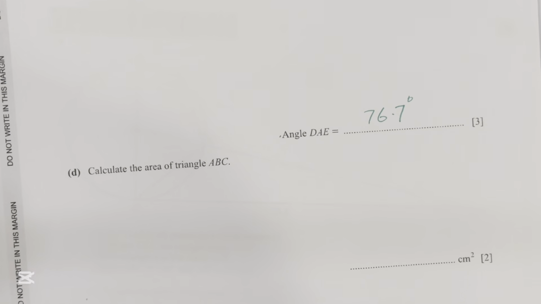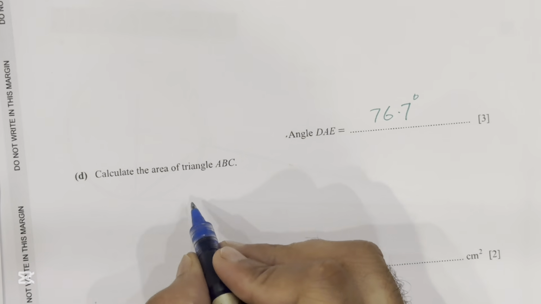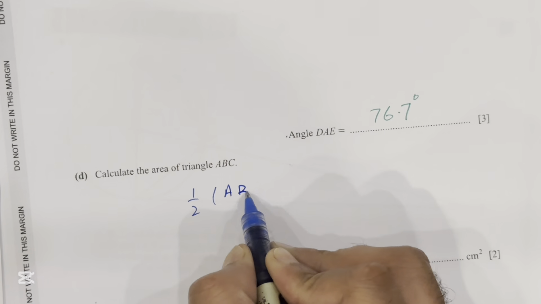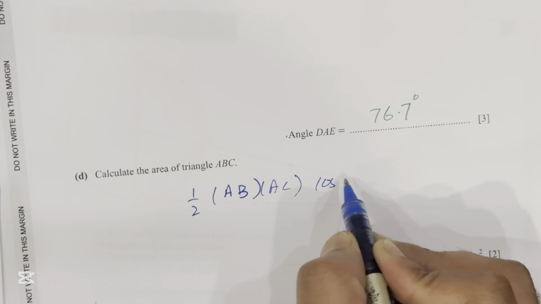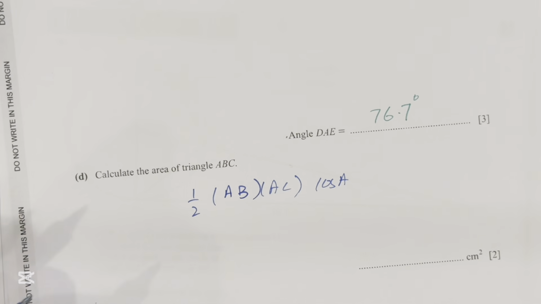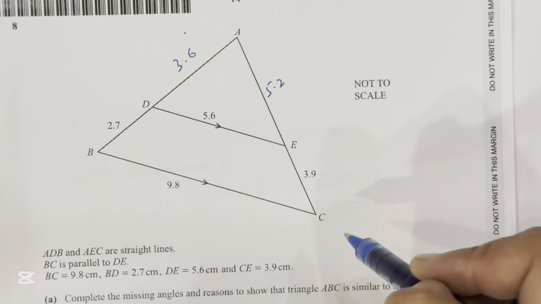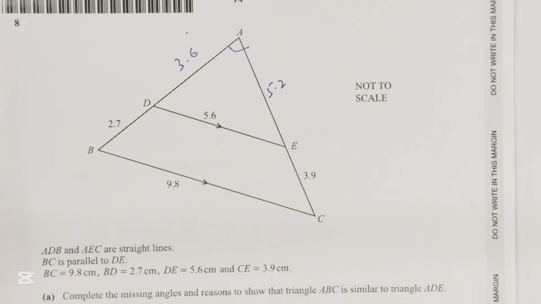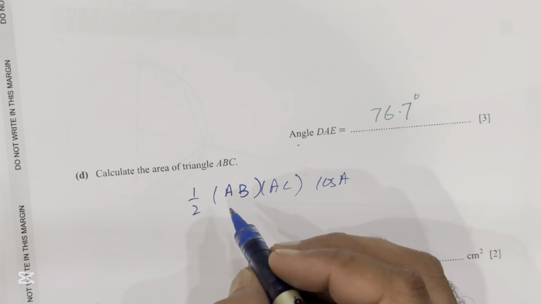Okay, one over 2 AB AC and cos of A. How this is done, I am showing you the shape. 1/2 AB AC cos A. We just calculated this value in the previous part. So when I apply this formula, it would be equal to